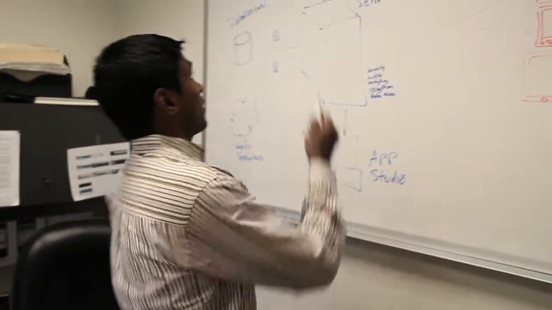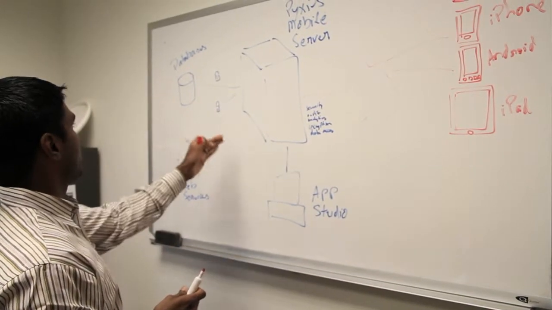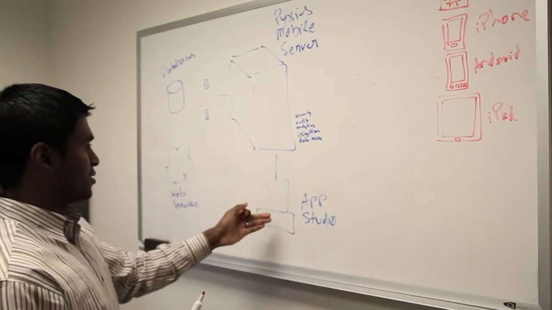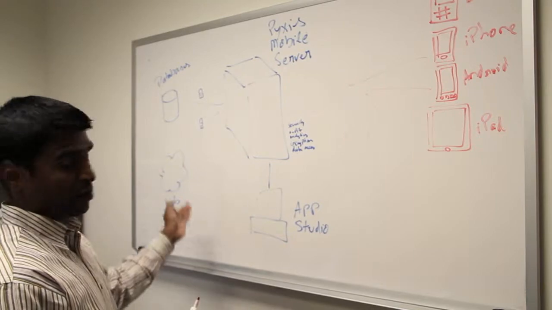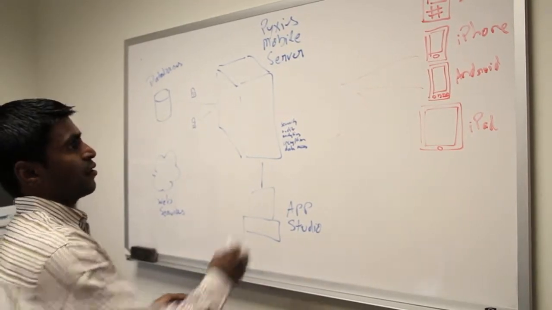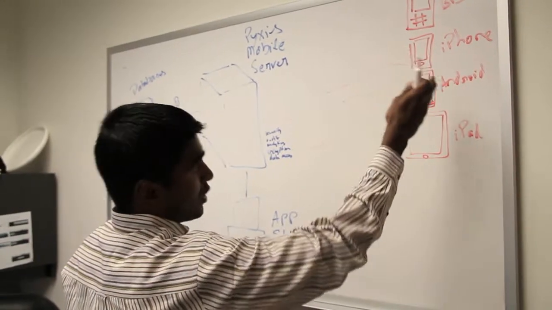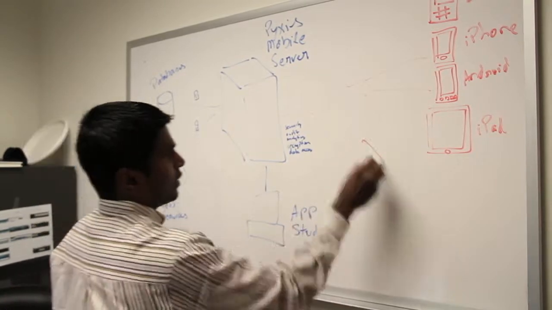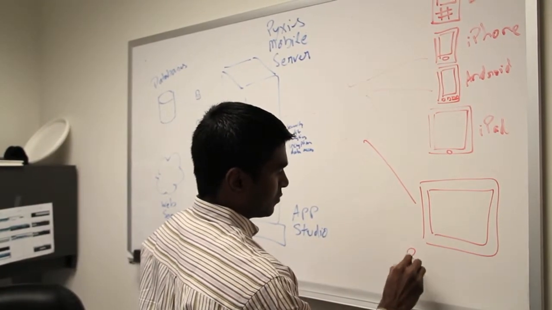No, it's actually much simpler than that. I'll show you on the whiteboard. So Marc, you're familiar with our architecture diagram. Here's the Pyxis mobile server, which securely proxies the connections to databases and web services, and all the applications are built and managed through Application Studio. This is the drag and drop interface where you're able to build your configuration. And then on the right, we have our set of rich native clients: Blackberry, iPhone, Android, iPad, a lot of these that you showed. What we're going to do is actually add in a new client here, the PlayBook,